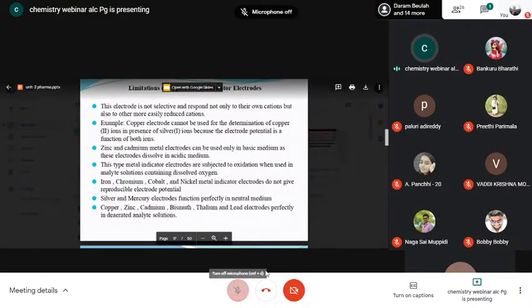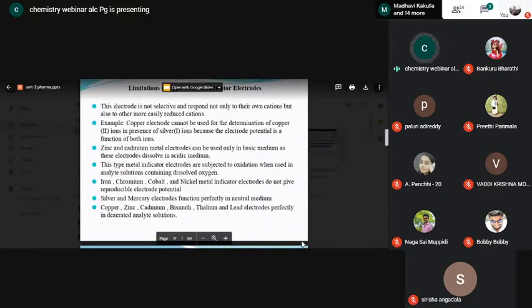But what happened is, as I already told you, the potential developed by the indicator electrode is going to show some fluctuations if the copper sulfate solution taken by you contains some impurity ions like silver ions. So I have added a small quantity of silver ions. In the presence of silver ions, which function as impurity, the potential developed by the copper indicator electrode will not be equal to 1. So that contains how many units of copper ions? 1.5 units of copper ions.